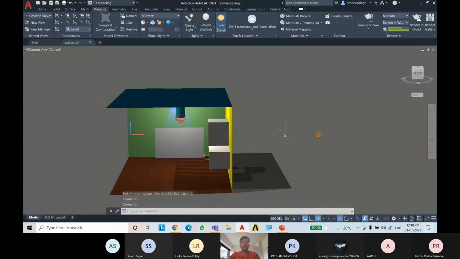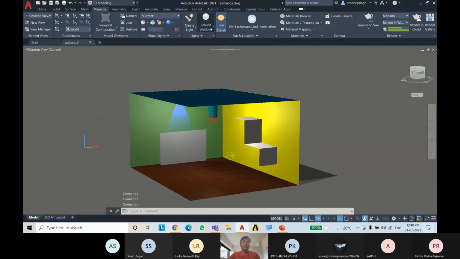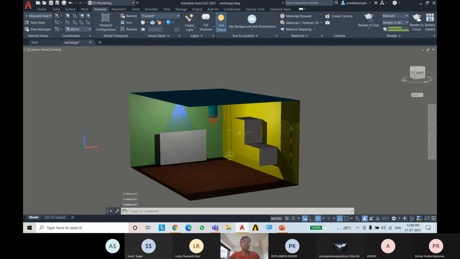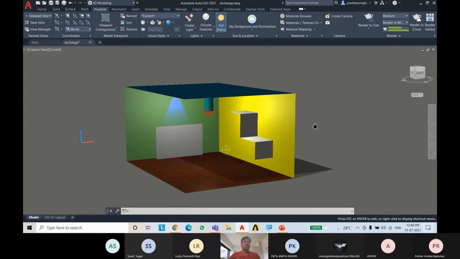Like you can see the shadow of this room and this object. But if you want it like in the real world, with full shadows, you can see that the shadows of this object are on the wall, on the surface, everywhere. So if you want just on the floor, you can choose ground shadows.